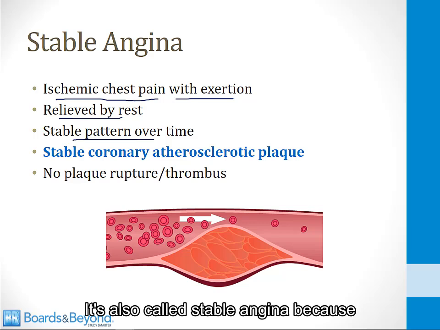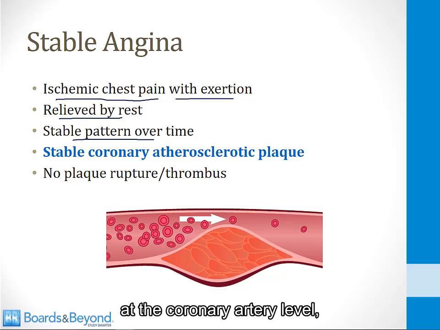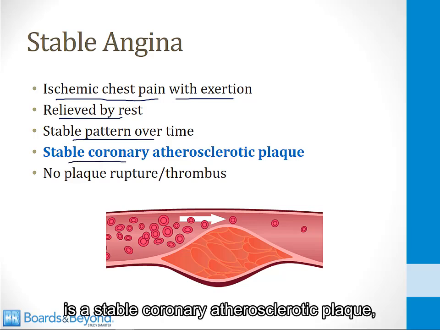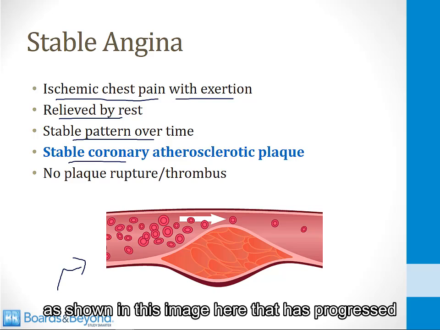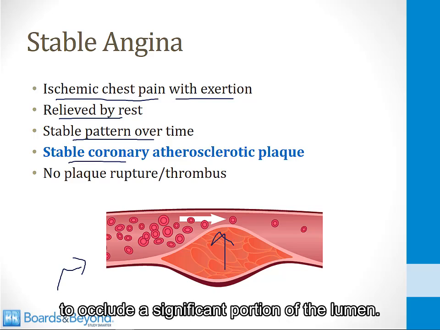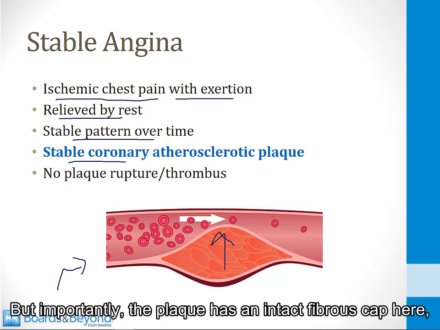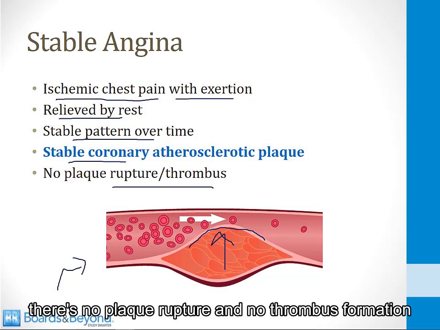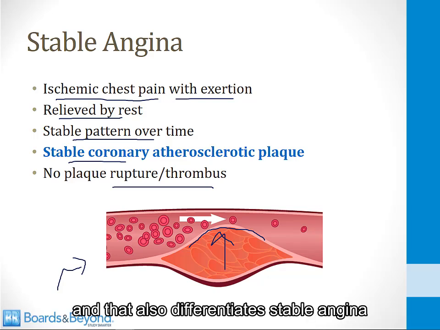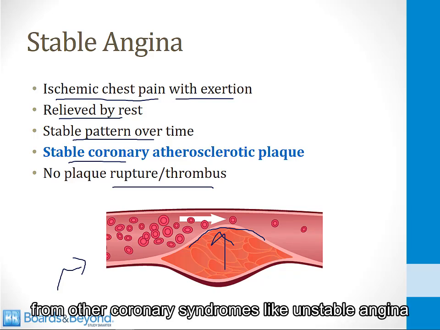It's also called stable angina because at the coronary artery level, what's happening is there is a stable coronary atherosclerotic plaque, as shown in this image here, that has progressed to occlude a significant portion of the lumen. But importantly, the plaque has an intact fibrous cap here. There's no plaque rupture and no thrombus formation, and that also differentiates stable angina from other coronary syndromes like unstable